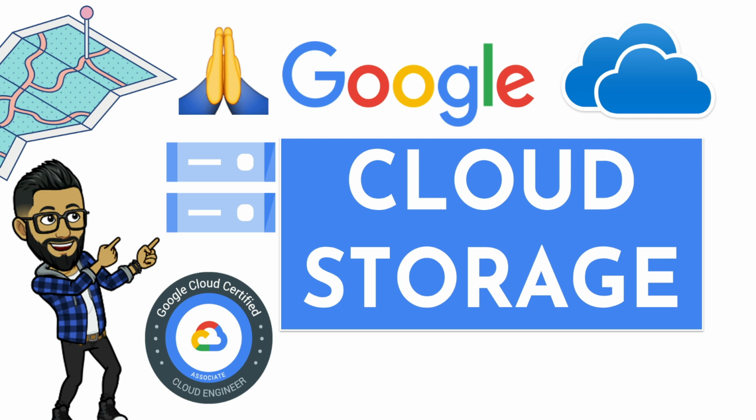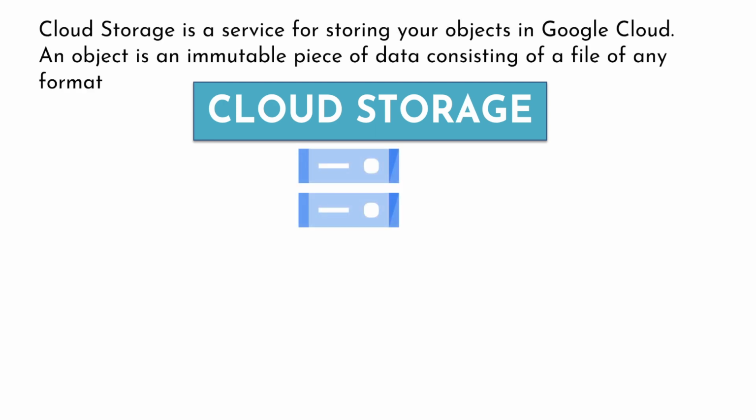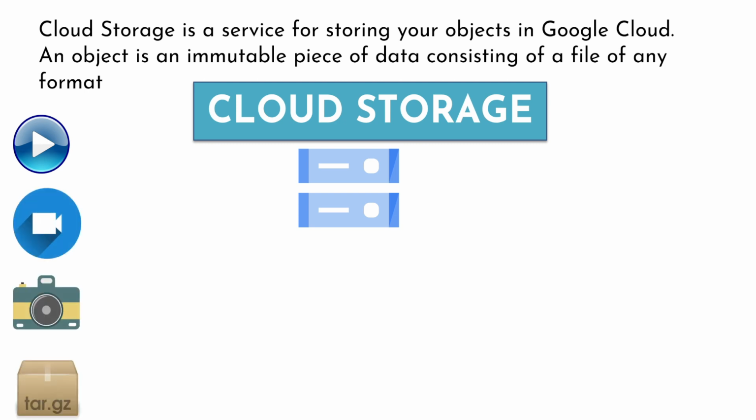Without further ado, let's get into it. So let's quickly have a look at what exactly cloud storage is. It is a service for storing your objects in Google Cloud. And what are objects? Well, an object is an immutable piece of data consisting of a file of any format, typically unstructured data or binary large objects. Objects such as audios, videos, images, archives, etc. These types of unstructured data are typically stored in buckets,